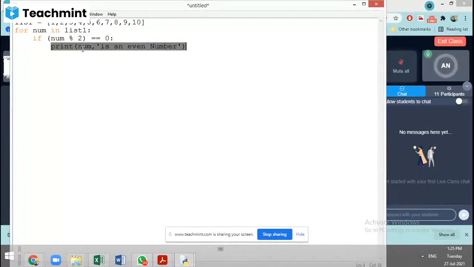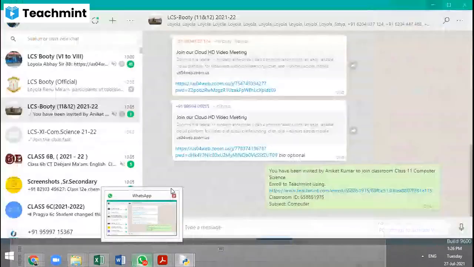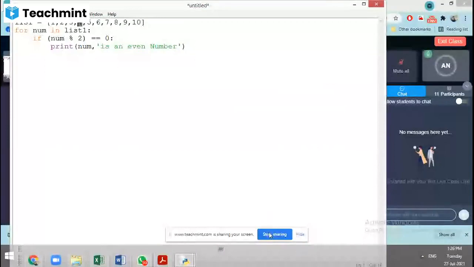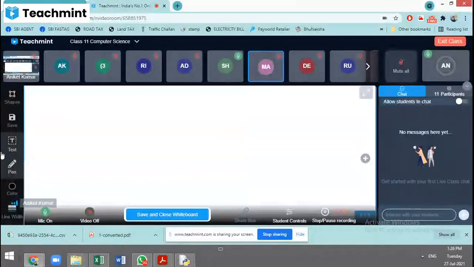So it will print "2 is an even number". Then it will check the third value, that is 3. 3 mod 2 is 1. 1 equal to 0 is false. So it will not print this line. It will repeat and check another element, 4. Are you getting the concept or not? Students? Yes, sir.